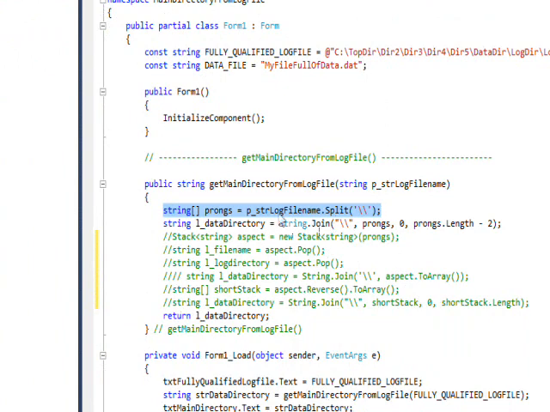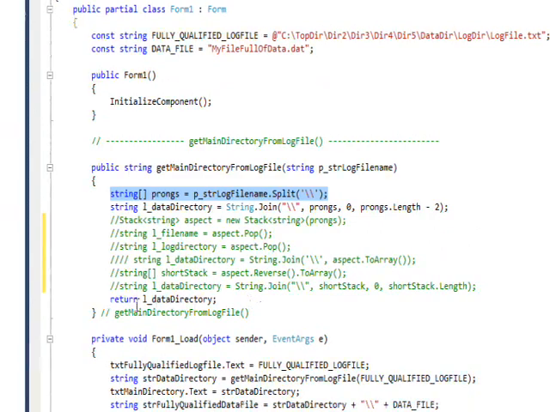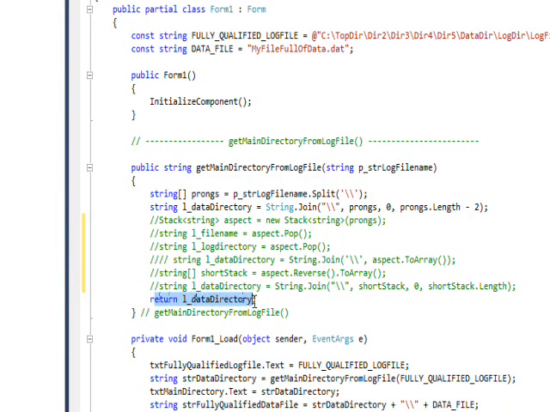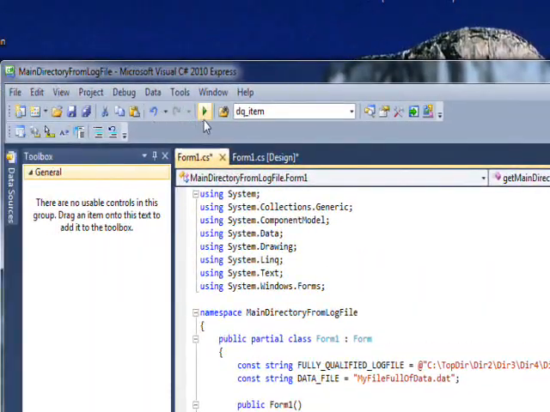So this was the function I ended up with, the get main directory from log file, where I'm passed the fully qualified log file name, and I convert this to an array with the split command using the slash as the delimiter, and then all I do is a string join with the same delimiter, the array. I start at the first member, but I use the length minus 2, and then I return this to the main program, and that results in code that if we compile and run this,